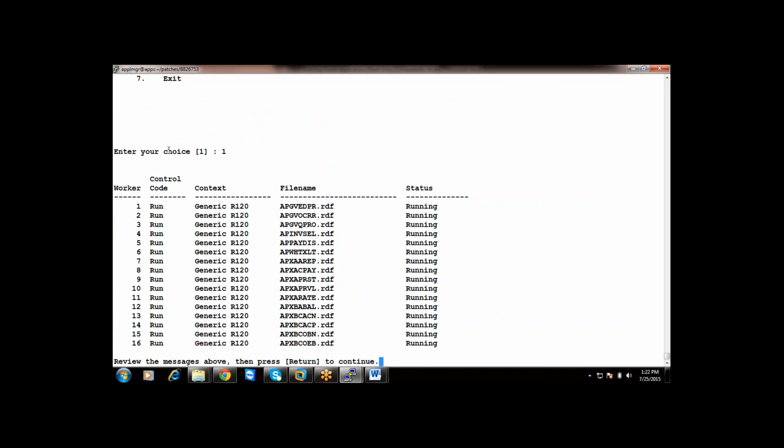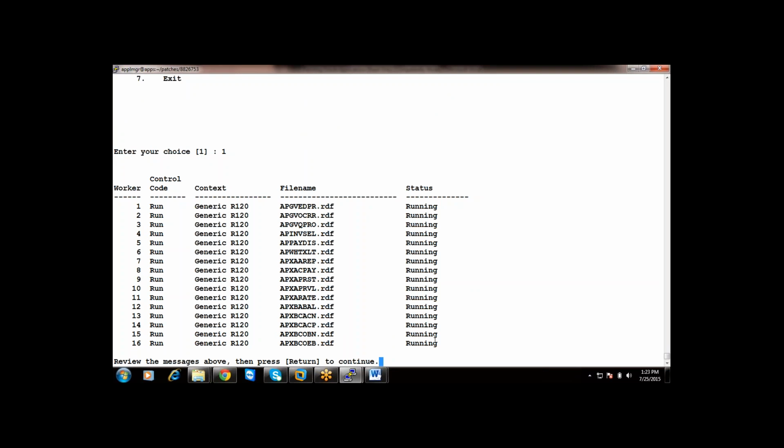So ADCTRL is a utility which is fetching the information from the fnd_install_processes table and the AD_deferred_jobs table, and it is displaying it to you directly. You don't need to write any queries in order to fetch information from those two tables.